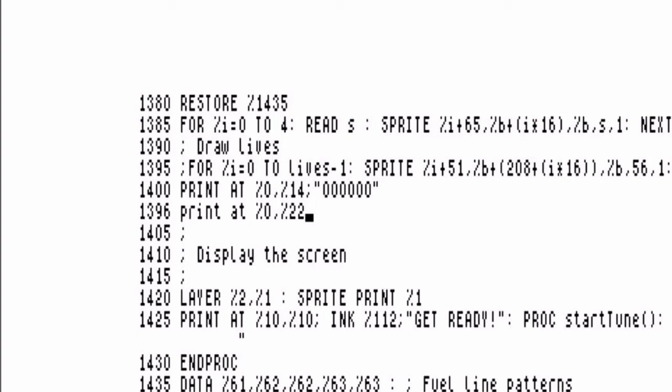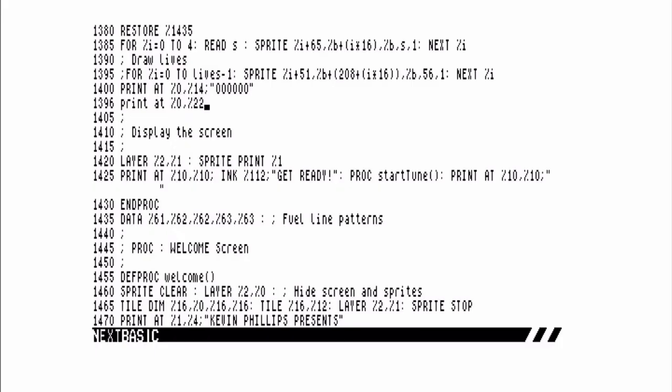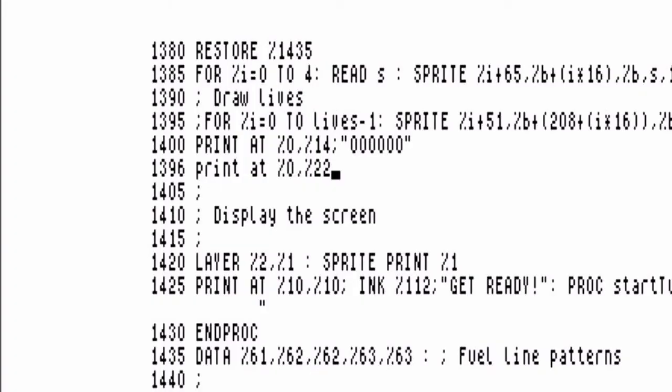So we're going to convert these numbers to integers, which is what Kevin has done with pretty much all of the numbers in this program. I can see most of them have that percent sign in front of them. So I'll just do it for these numbers as well. So I'm going to print at position 0, 22, which is line number 0, column 22,